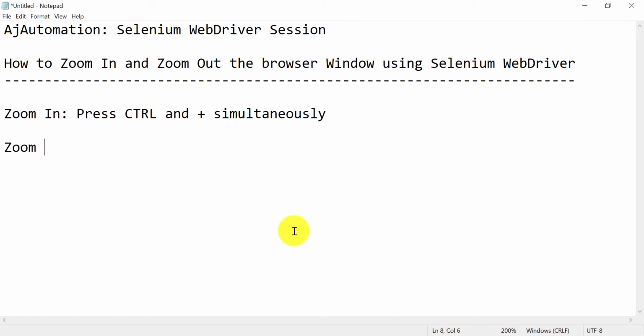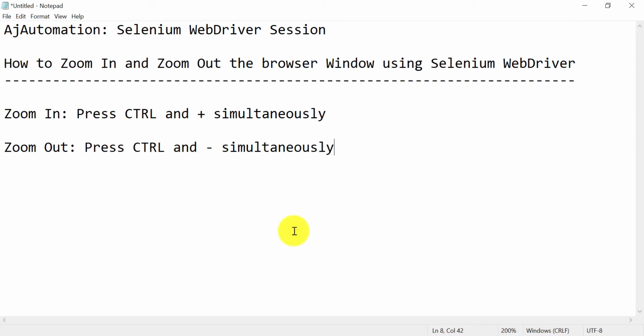And for zoom out, you need to press control and this subtract button simultaneously. So keep pressing the control button, and the number of times you press the plus button, it will increase the zoom. And the number of times you press the subtract button, it will zoom out the page, meaning it will reduce the zoom.